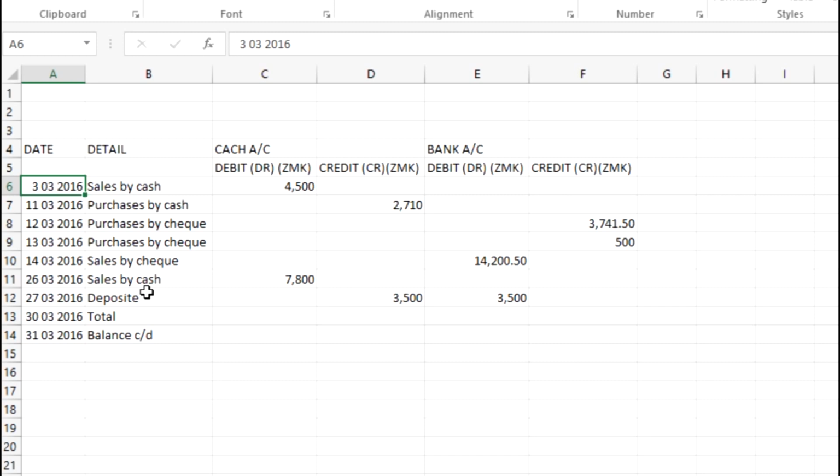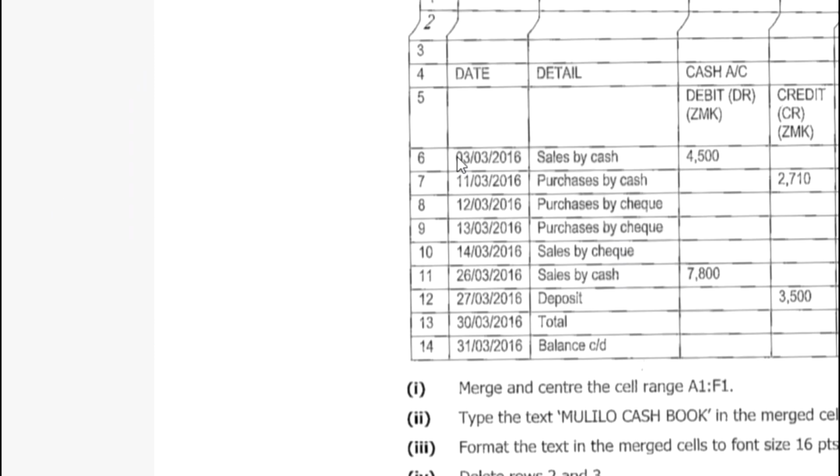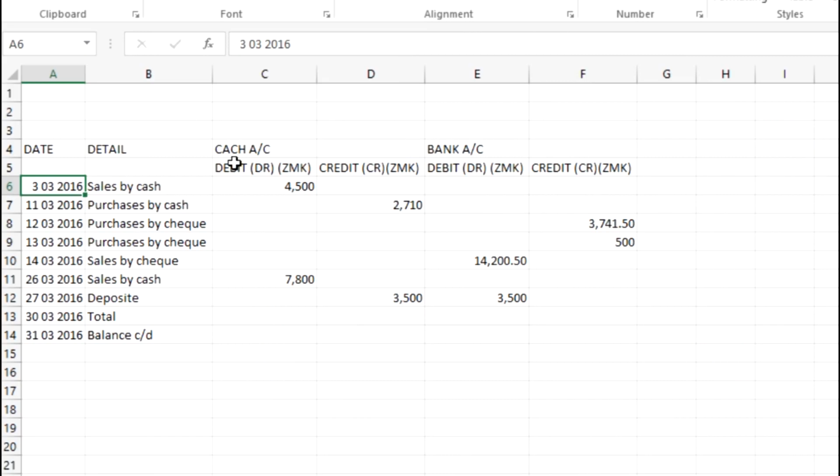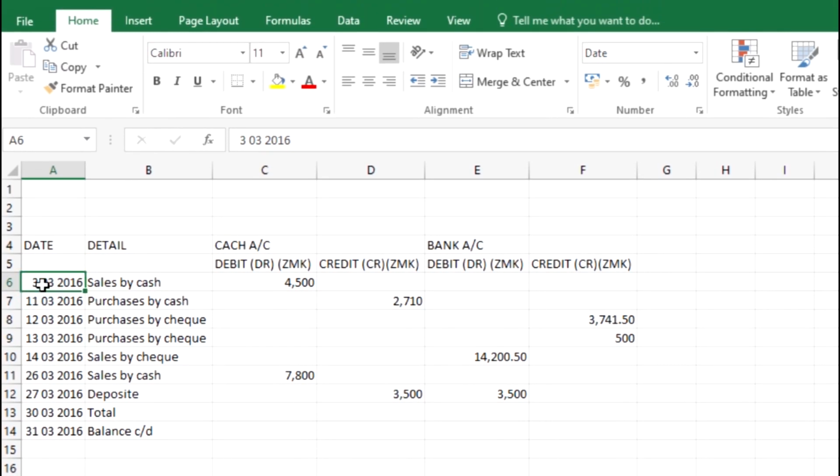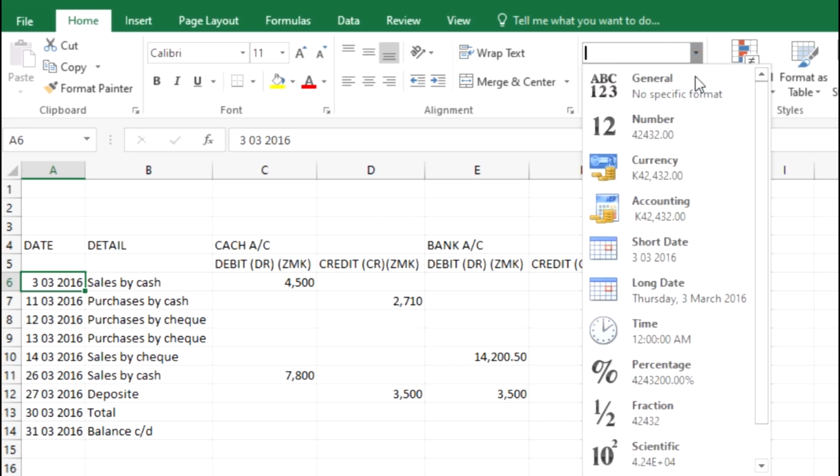Okay, you might find that when you start to type, for example, a date like if you see in the question there is a 03 here, which is the 3rd of March 2016, but there is no 0. No matter how many times you try to type a 0, when you click somewhere else it will disappear. If you want to fix that, let me just show you one quick thing. In the Home tab, you can go where it says numbers here, and when you click on this drop down list,